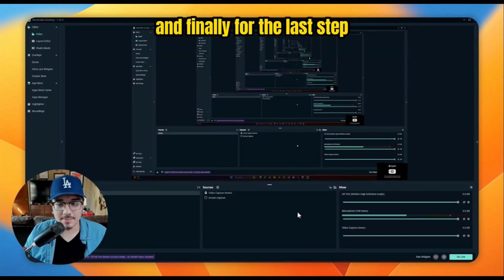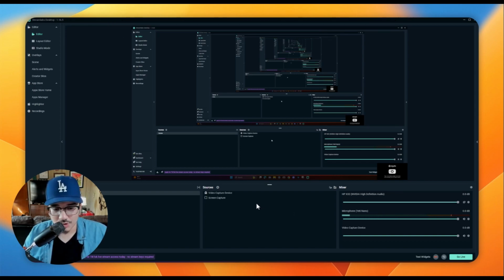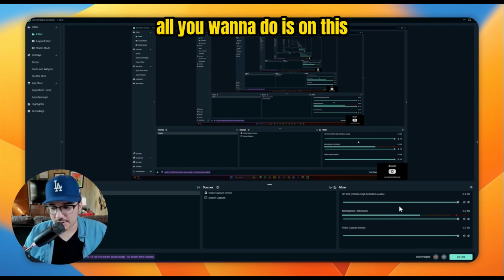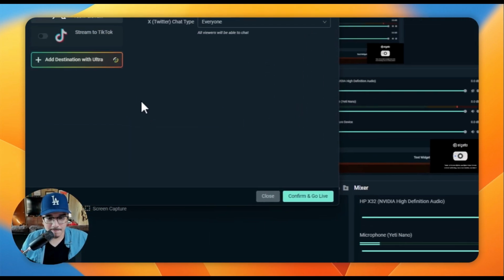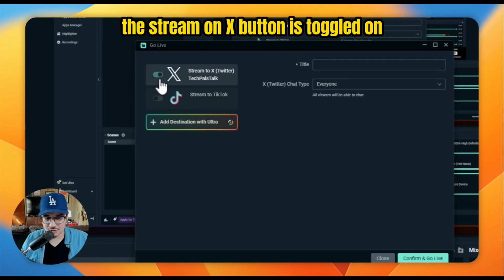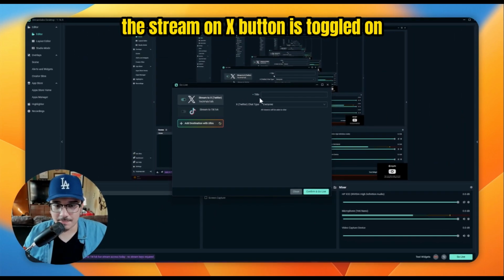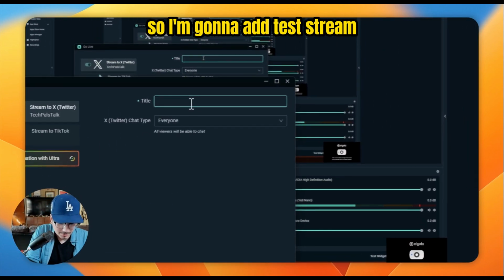And finally, for the last step, I'm going to show you guys how to go live. Once you get everything set up, all you want to do is go to this button on the bottom right corner that says go live. And then make sure that the stream on X button is toggled on. You're gonna want to add a title, so I'm gonna add test stream,